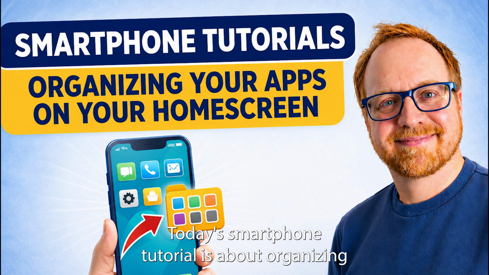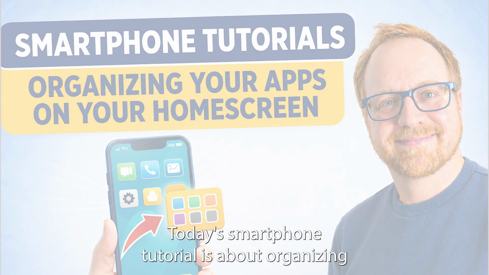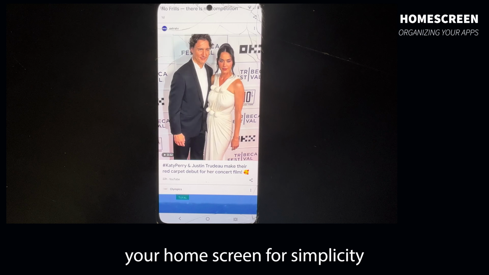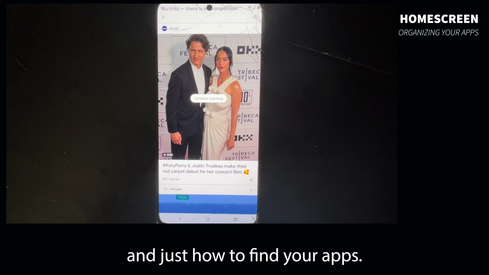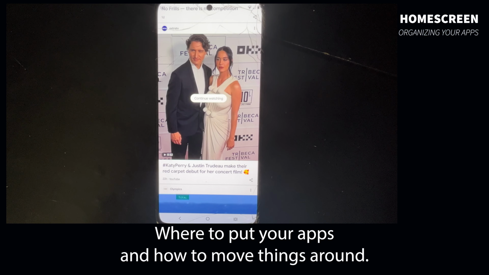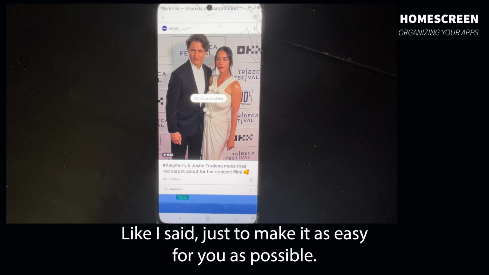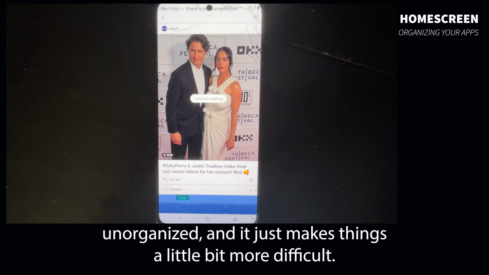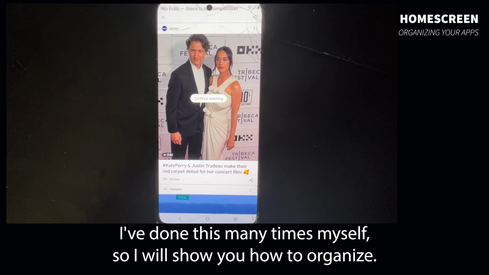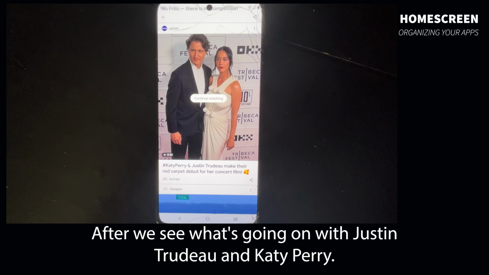Hi everyone. Today's smartphone tutorial is about organizing your home screen for simplicity and just how to find your apps, where to put your apps, and how to move things around. Like I said, just to make it as easy for you as possible. I've seen a lot of people with apps spread out all over their home screens, unorganized, and it just makes things a little bit more difficult. I've done this many times myself, so I will show you how to organize after we see what's going on